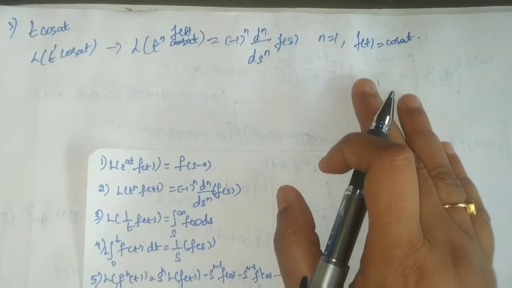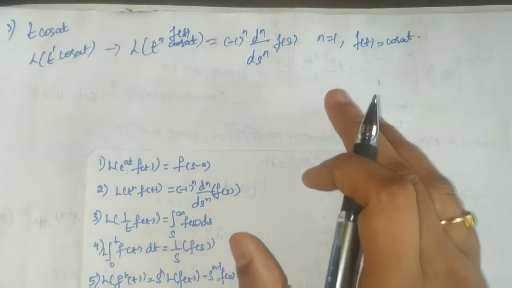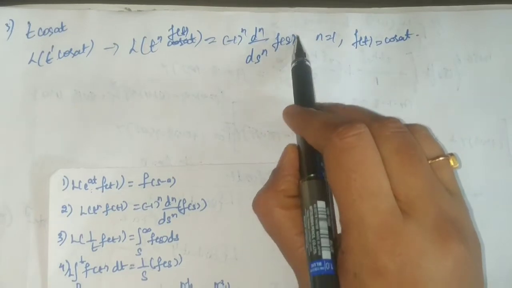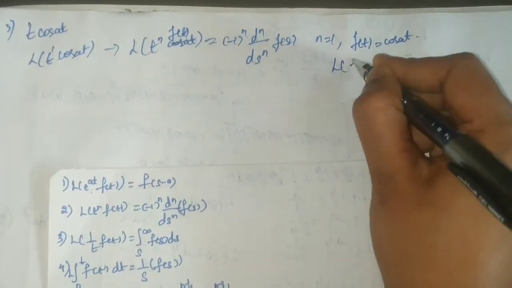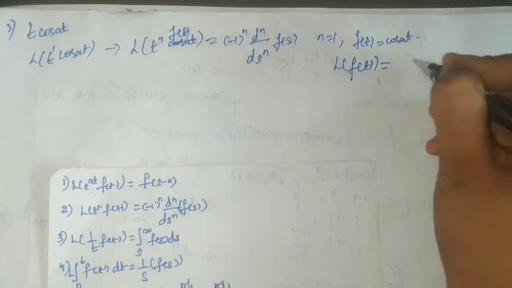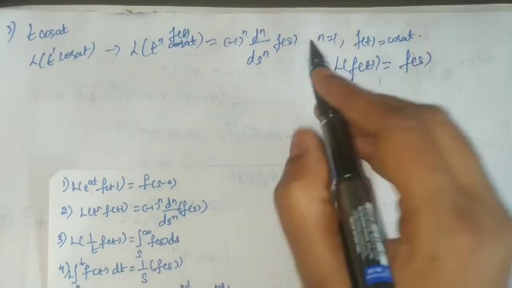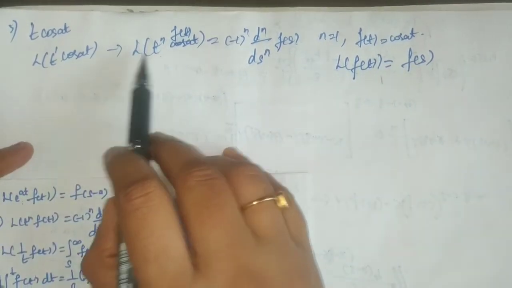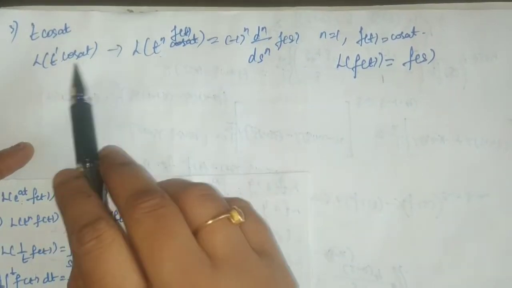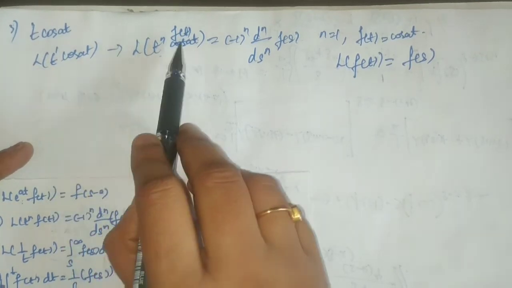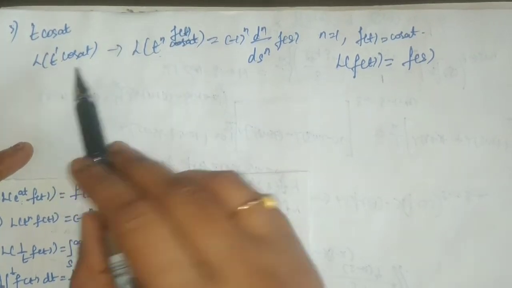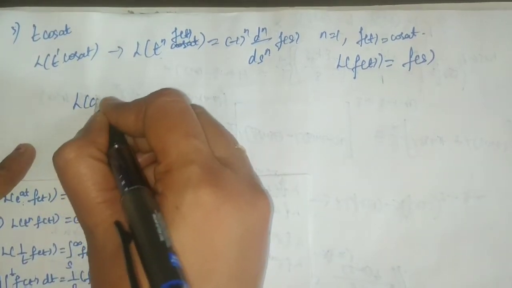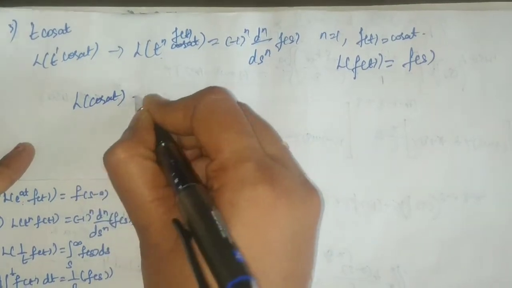So what you have to do, whenever a product of functions is there, make sure you take the Laplace transform of the function. Why? Because you need to know what is F of s. The Laplace transform of f of t will give us F of s. To find the derivative, I should know what is F of s. So when you compare, t to the power n will be equated to t, f of t will be equal to cos at. So always take the Laplace transform of the second function. So the Laplace transform of cos at.